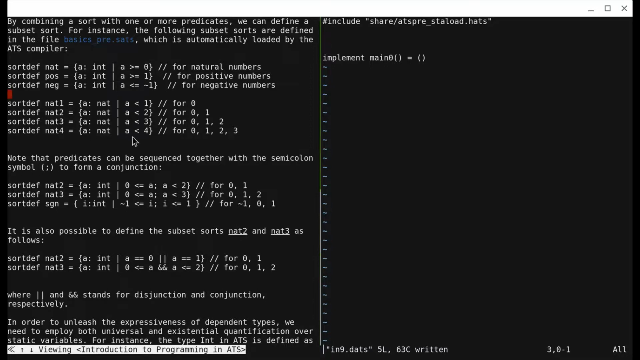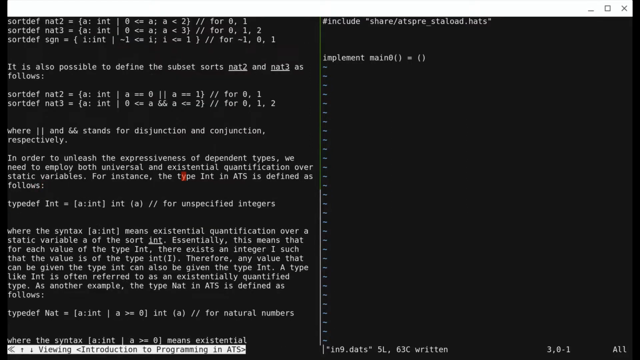So he gives them a bunch of other sortdefs. So a nat4 you can only apply to 0, 1, 2, and 3. And he also says you can have multiple predicates. So you can say nat3 is a where 0 is less than or equal to a, or a is greater than or equal to 0, and a is also less than 3, and it gives you 0, 1, and 2. There are some other ways to do it. So you have the or and and operators,